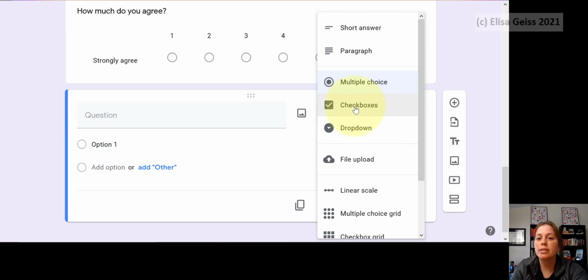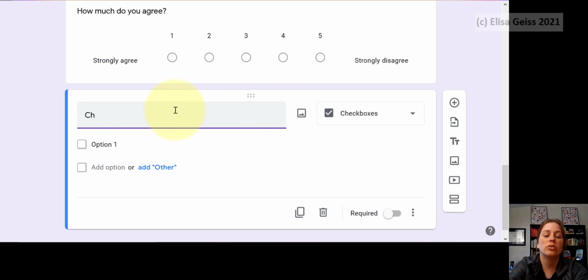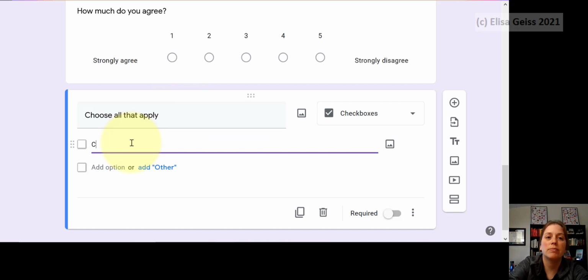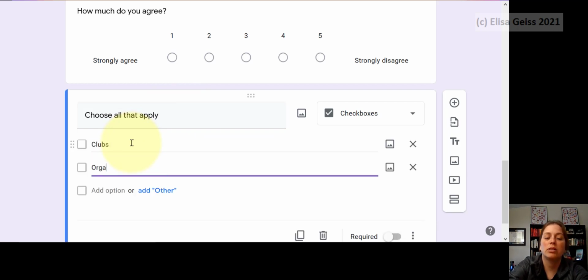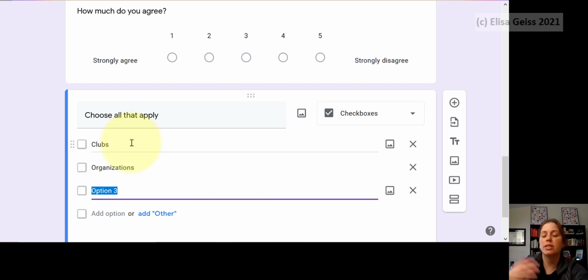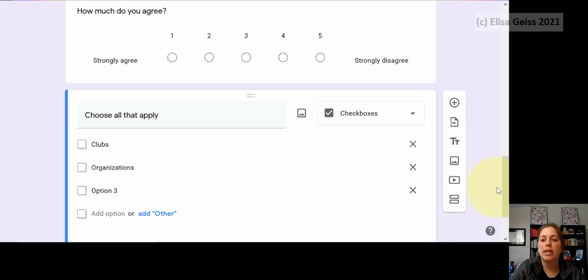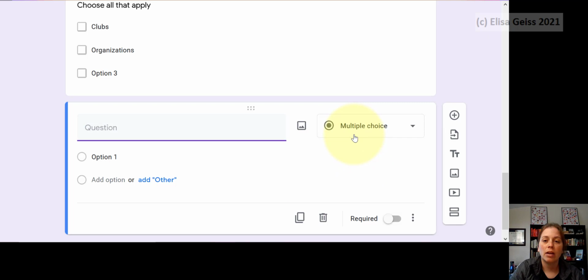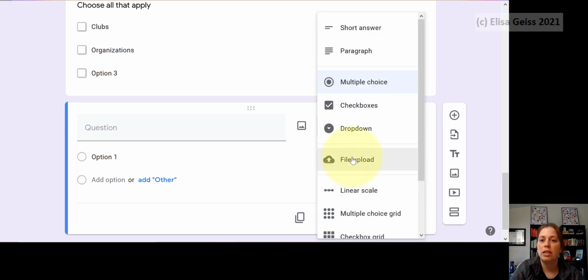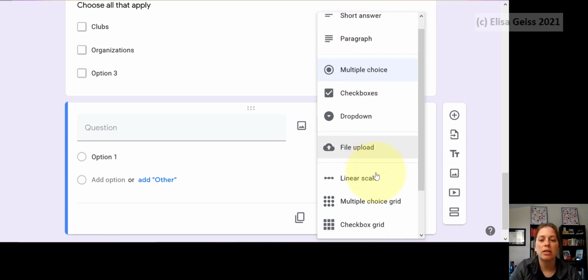Another thing, check boxes will allow you to get multiple answers. Choose all that apply. So if you had a bunch of clubs, organizations, I'm just thinking about one of the ones we have, if you choose all that apply, this will allow you to click off multiple. You can also have short answers. So if there's a one or two word answer that you want, or a paragraph from participants,